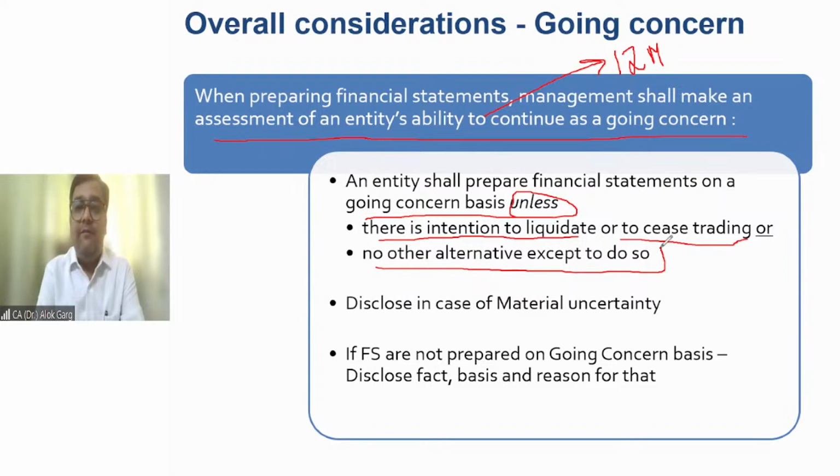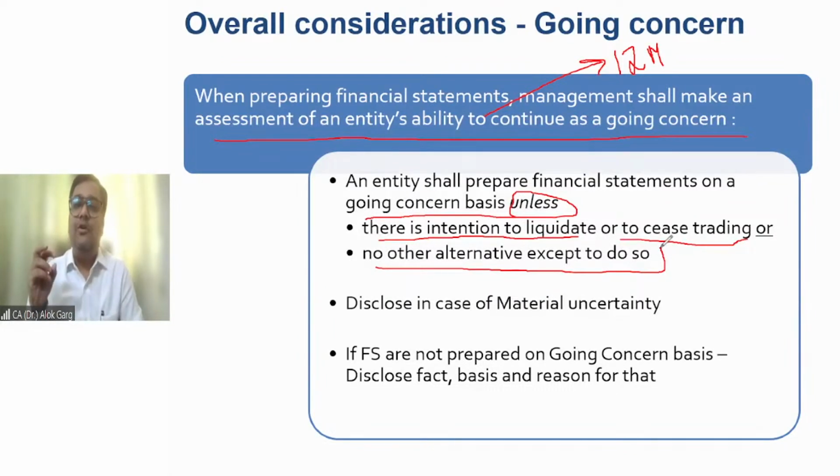Friends, if the company has an intention to liquidate, of course, you will not prepare on a going concern basis. If the company's intention is to stop the trading, again, you will not prepare your accounts on a going concern basis. Or your intention is not to liquidate. Your intention is to run the business. Your intention is to continue the trading, but you don't have any option except to shut down the business. Sir, what could be the scenario? For example,